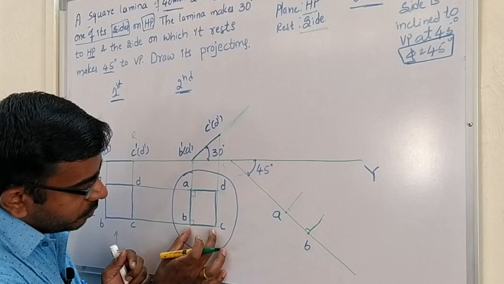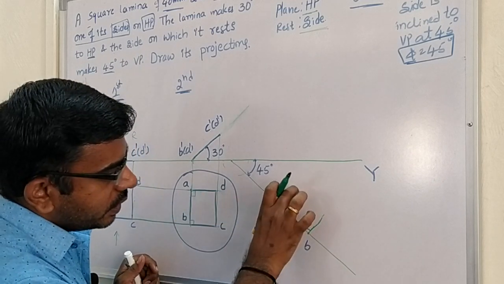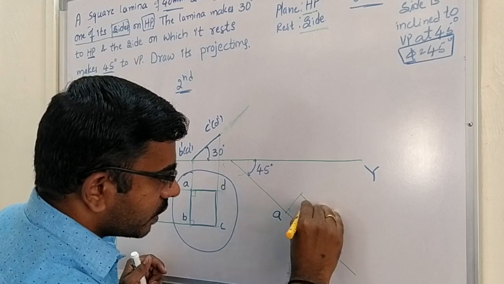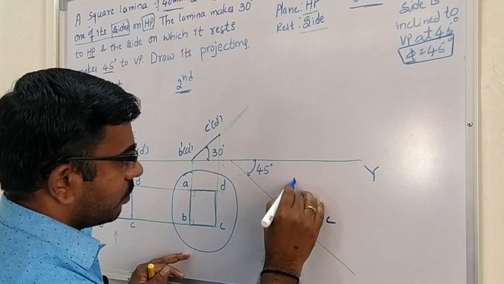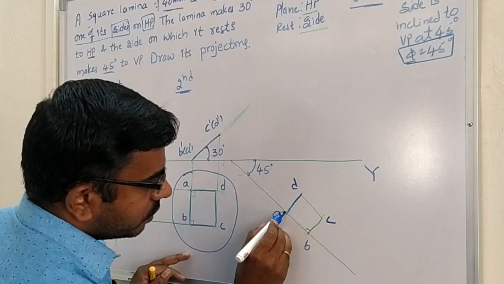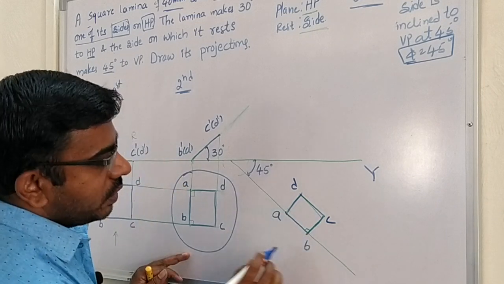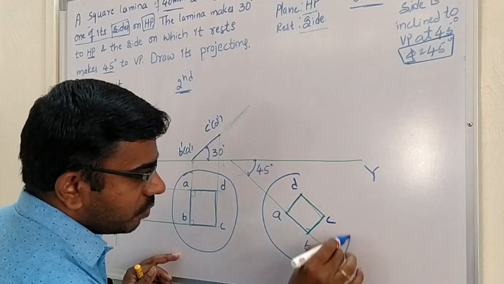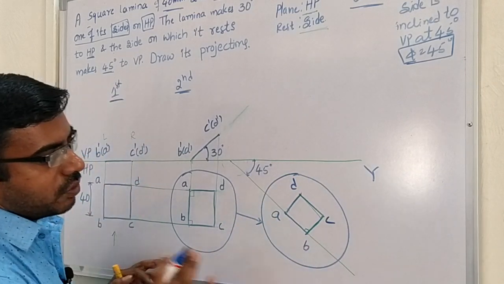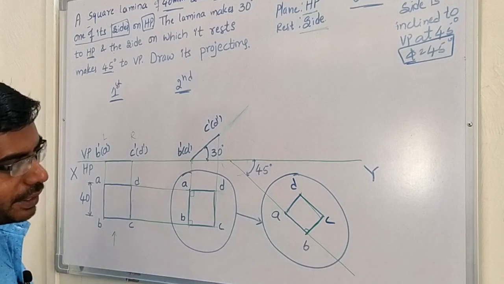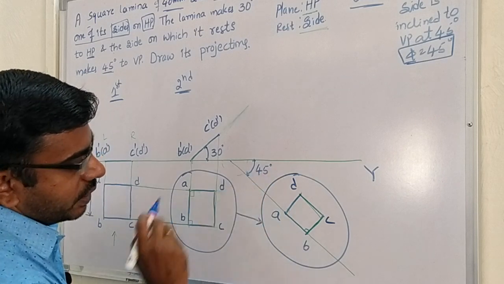Now measure this B to C, how much is the measure, and you draw and cut it. A to D, how much, take and cut it. Okay, somewhere here you will get it. This is the point C and this is the point D. Now you join all the points. Now we have to redraw the same top view in the third portion without changing any dimensions. The condition is that the resting edge AB will incline at 45 degree to VP.